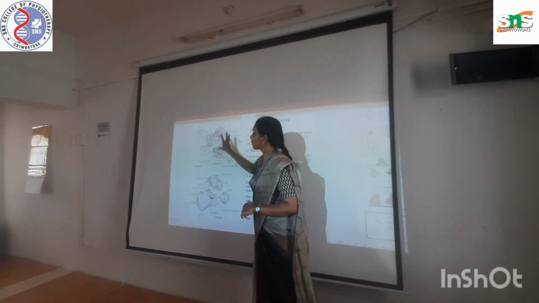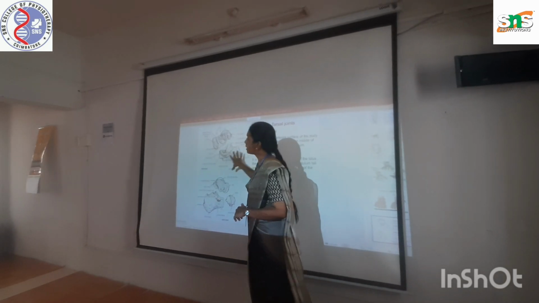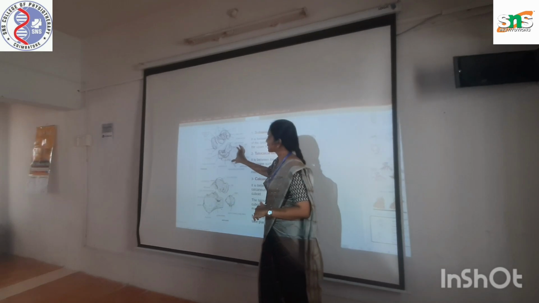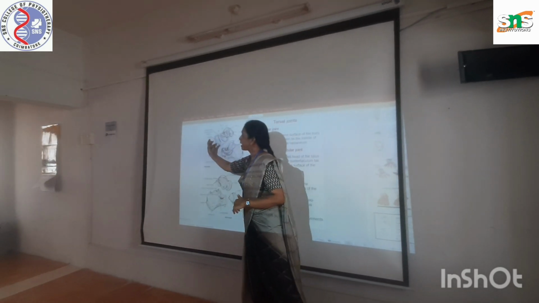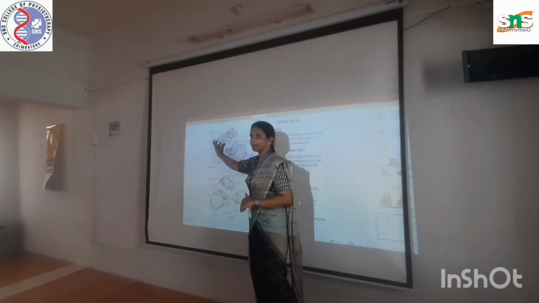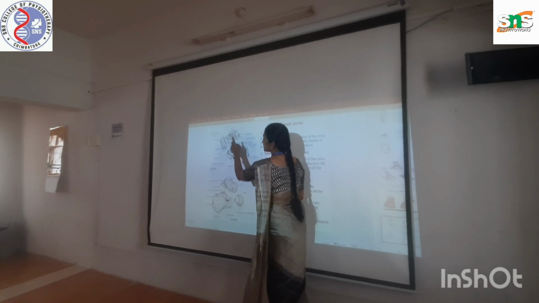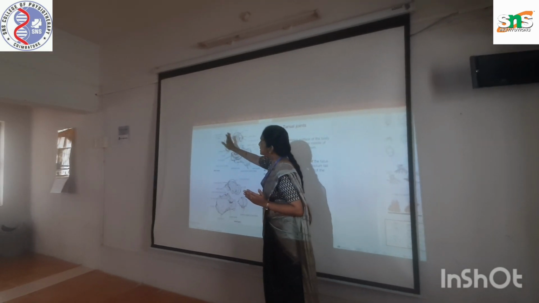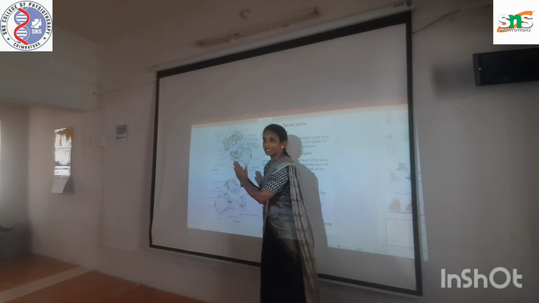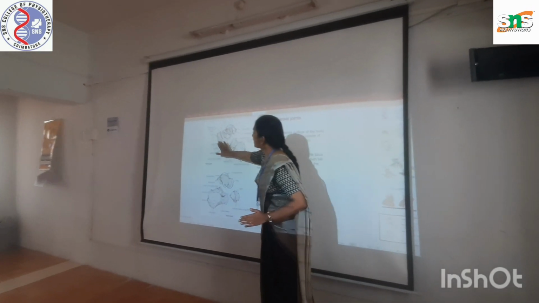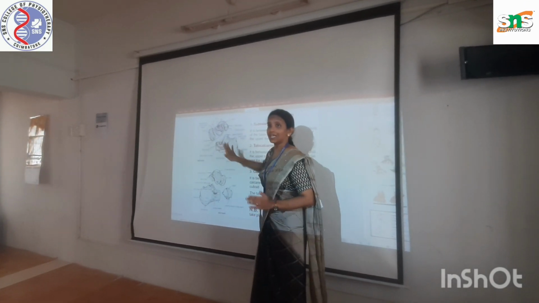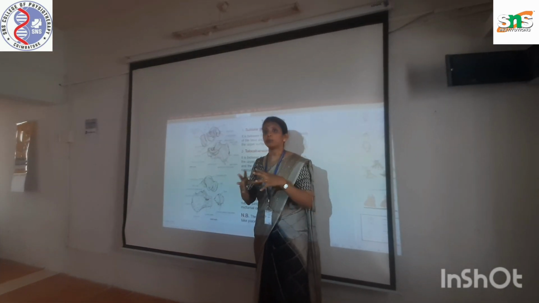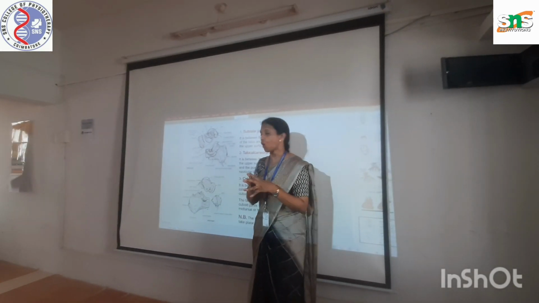So in this you have to see these three bones: talus, calcaneum, and navicular. Understood? The talus and calcaneum articulate, the talus and navicular articulate together, and the navicular and calcaneum articulate. So these three bones are joined together to form